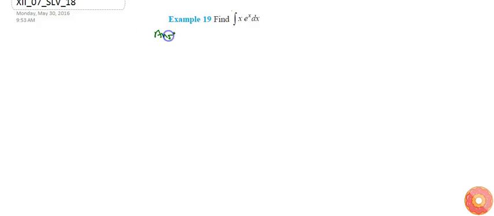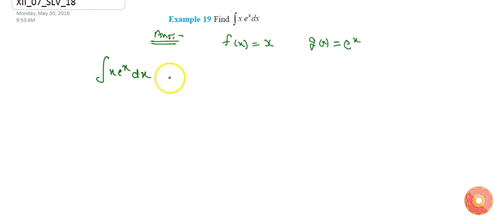In this question we need to integrate the products of two functions. So let's say the first function is f(x) equals x, and the second function is g(x) equals e^x. So our integration, which is x e^x dx, can be found by using the